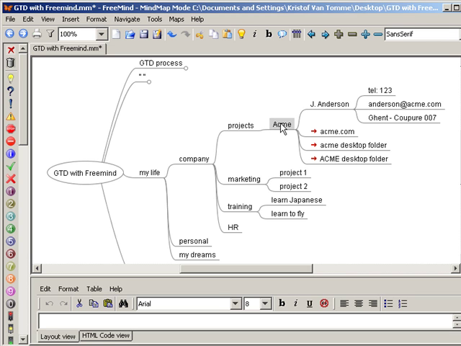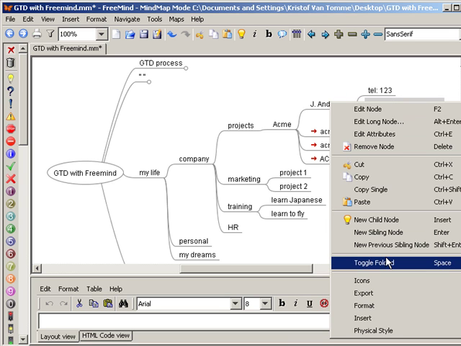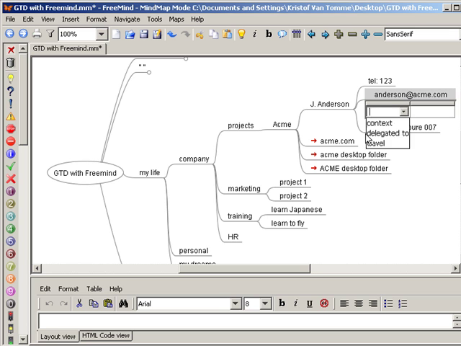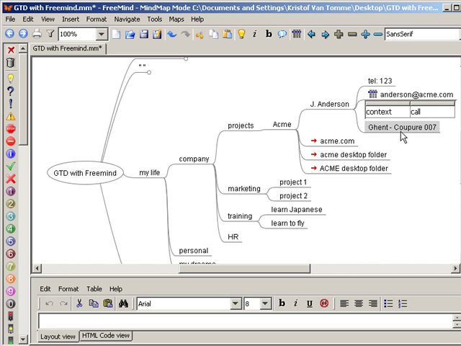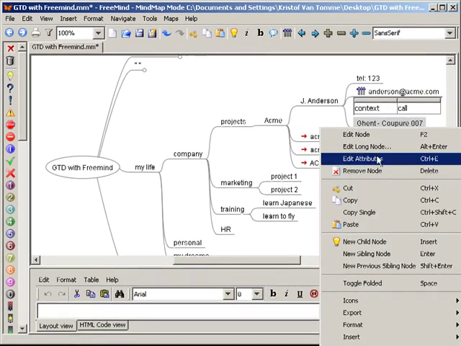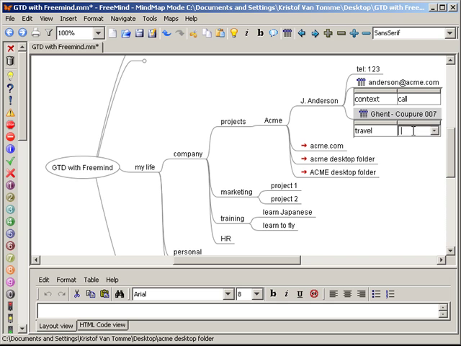Now, the idea about Getting Things Done is that you try to create sheets, like they have these project sheets, where you write down the information that you need to actually do the actions for that project, and then you store those in folders. Now, for example, here for Acme, I have Jay Anderson. If say I would need to call Jay Anderson, I could right click and do edit attributes. I can say context, and call. Maybe since he's living in Ghent, I could add the attribute travel when in Ghent,